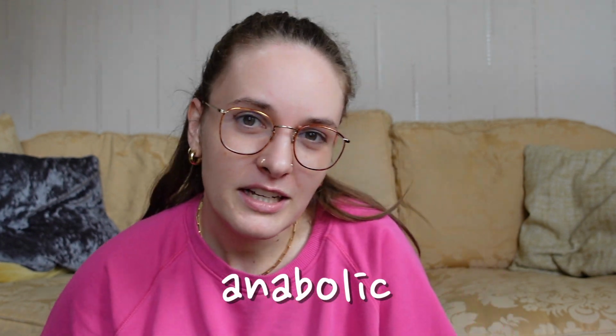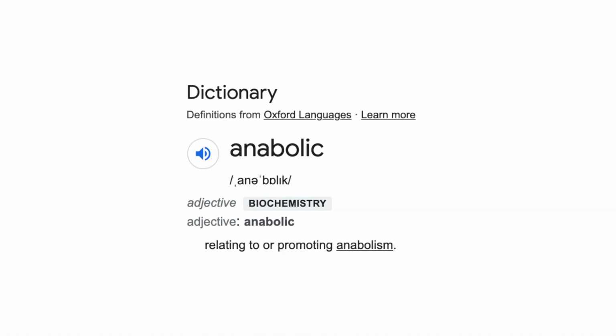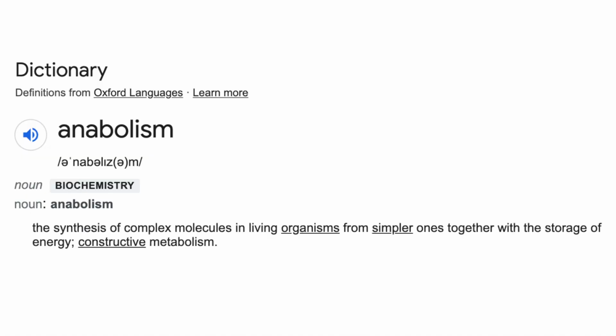The next term I have for you is anabolic. Anabolic is a term that is used to help us describe things that create muscle. Anabolism, we're gonna go with, is a building up process that creates larger molecules from smaller molecules. And this is how we make muscle from the food that we eat. It's also why anabolic steroids or performance enhancing drugs are called what they're called, because they help that building up